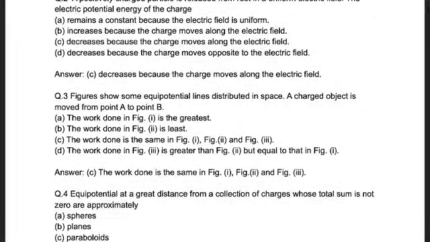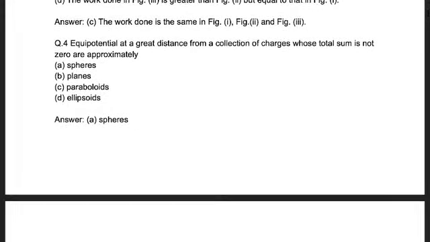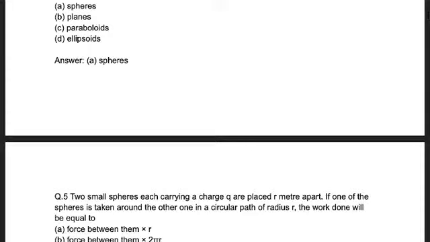Correct. The answer is A, spheres. Question number 5. Two small spheres each carrying a charge Q are placed r meters apart. If one of the spheres is taken around the other one in a circular path of radius r, the work done will be equal to: